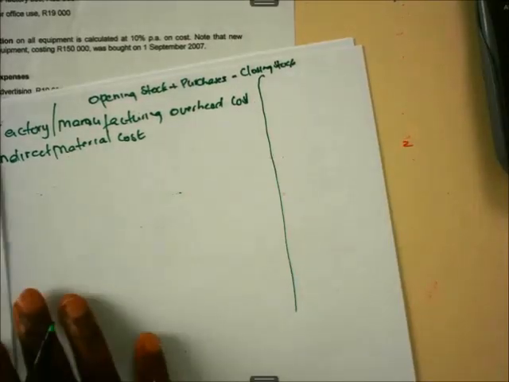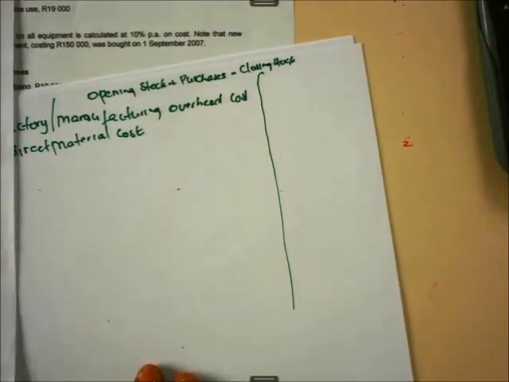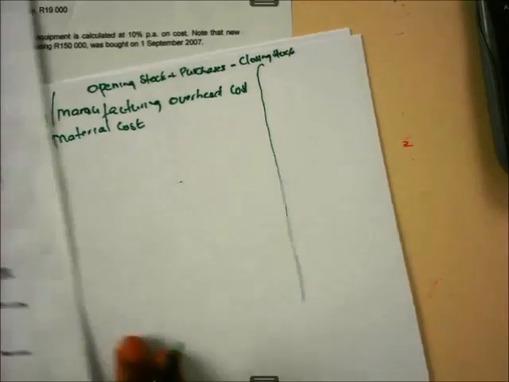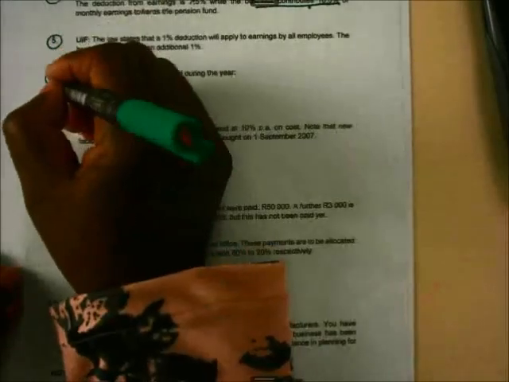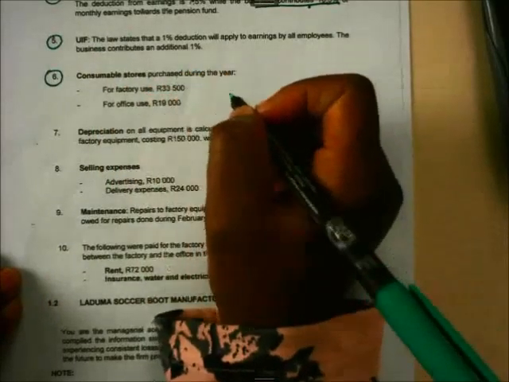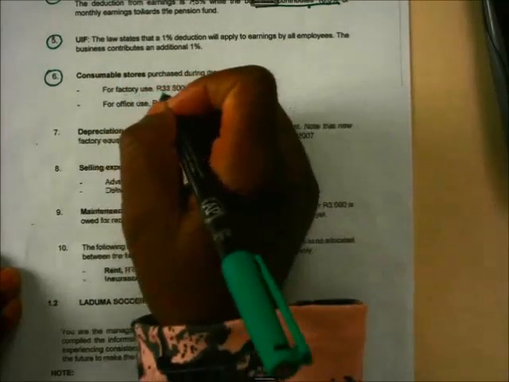But in this question, we don't have the opening stock. Now let's move to the transactions during the year. Number 6. Consumable stores purchased during the year. Factory use